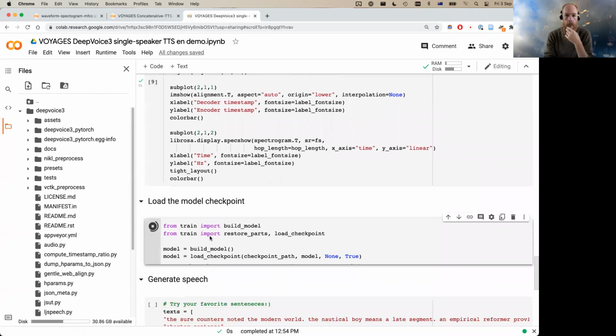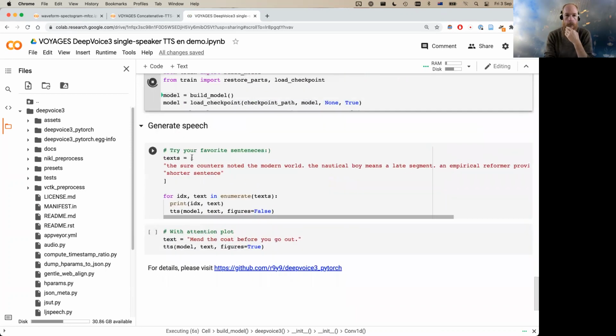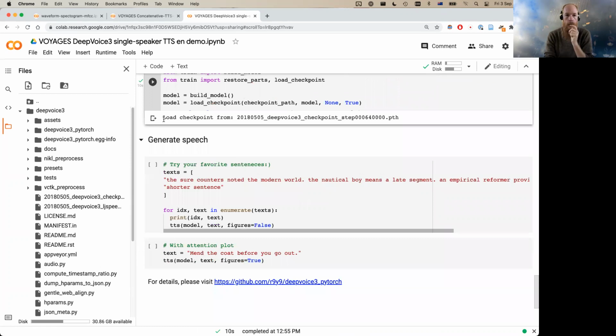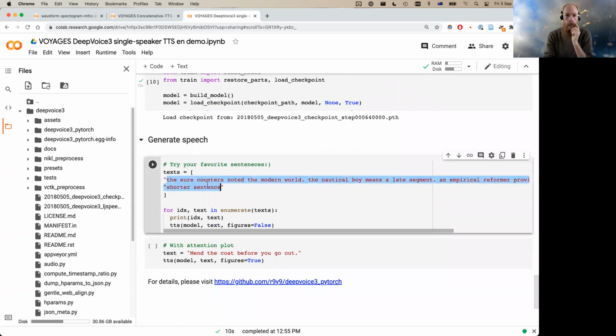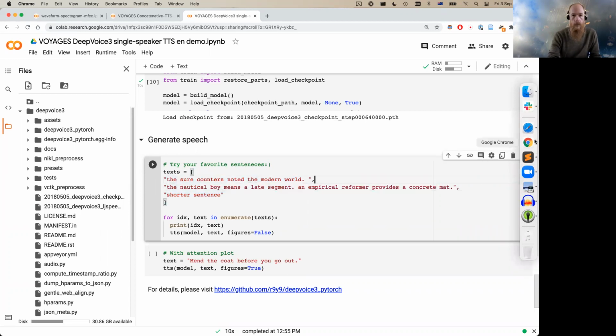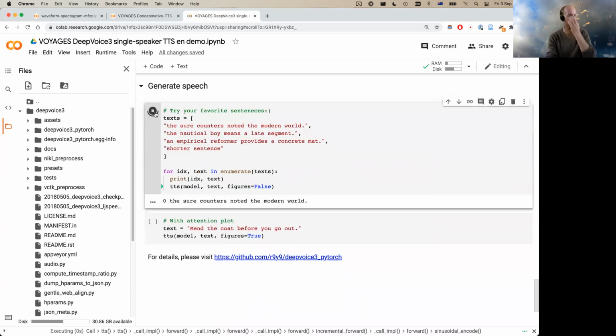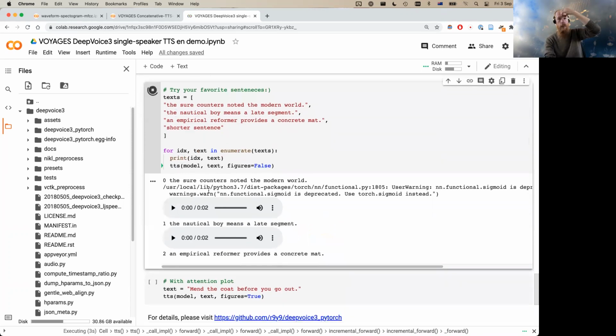So now we can load our model, load the pre-trained model. And then we can put some sentences in here. So this is a list of multiple sentences. Feel free to change these however you like. So we'll press play on that cell